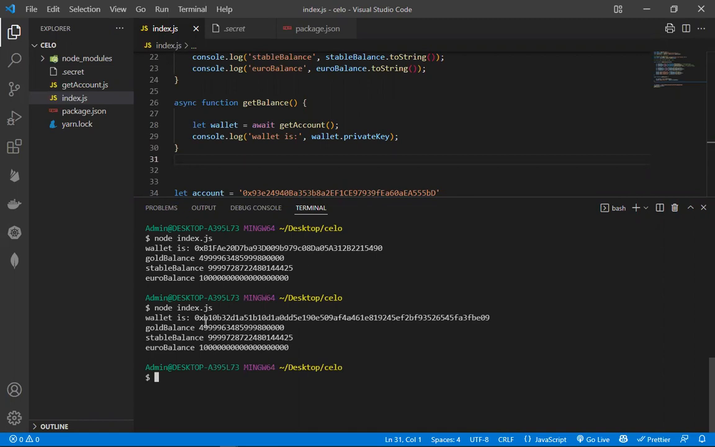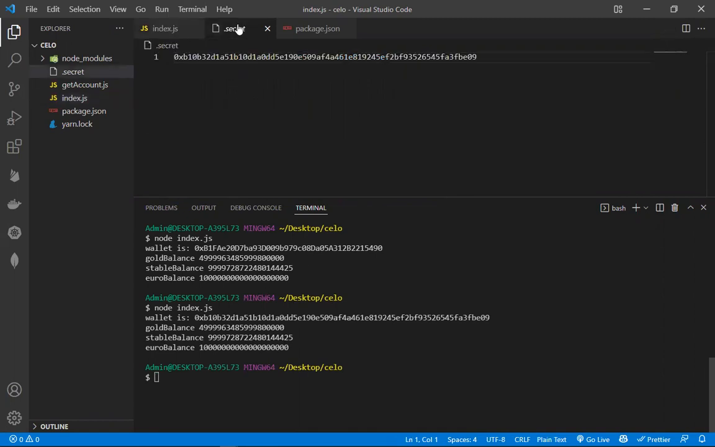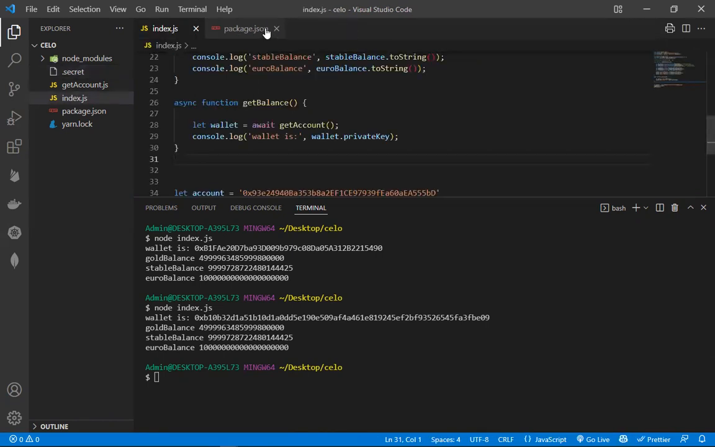Yeah, so as you can see, this is the private key, and it's the same one that we have here. It's the same private key that has been stored there. So now we know our function is working,